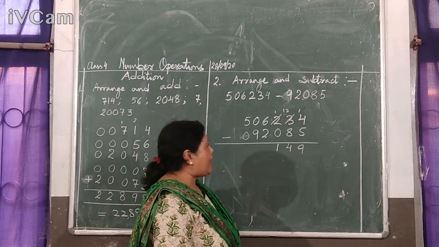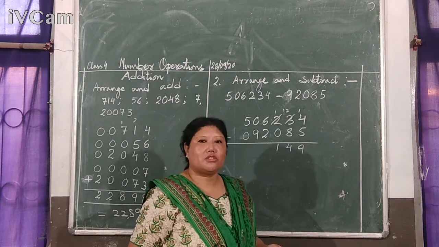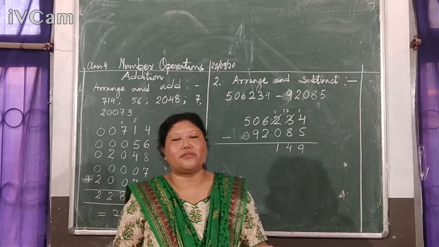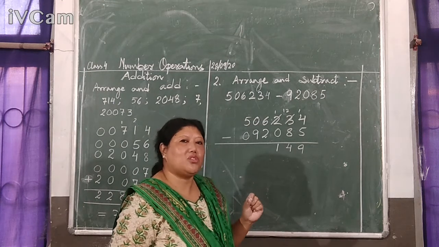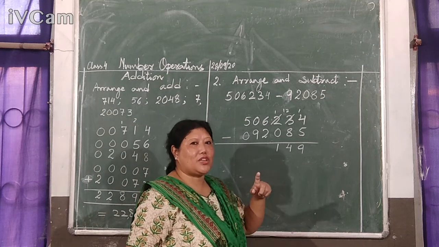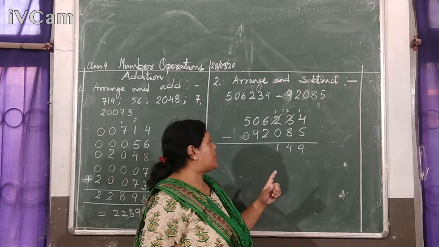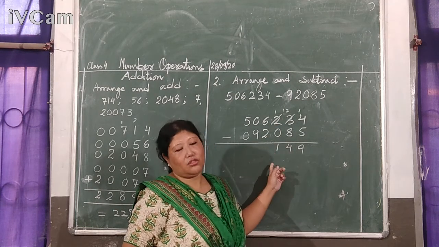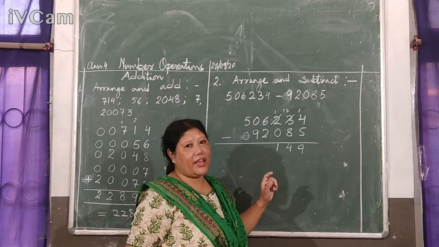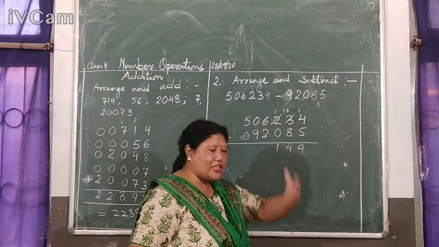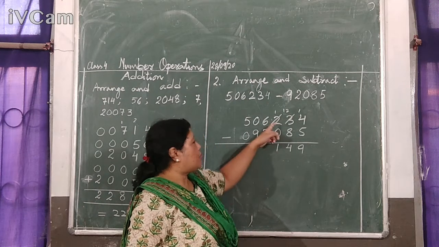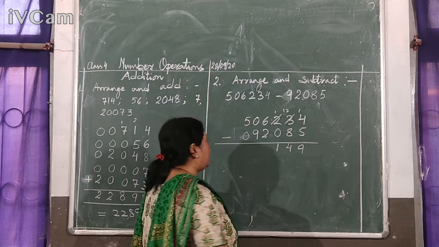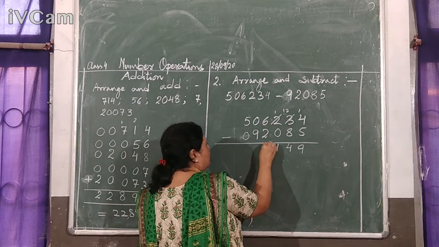Remember that. Why is this subtraction very important? Because in division also we have to subtract. That time, even if you know division, you will make mistakes in subtraction. I have seen students writing 1 minus 0 as 0 or 2 minus 0 as 0. It won't be like that. I'll teach you properties of subtraction and addition next time. So here 1 minus 0 is 1 and 6 minus 2 is 4.